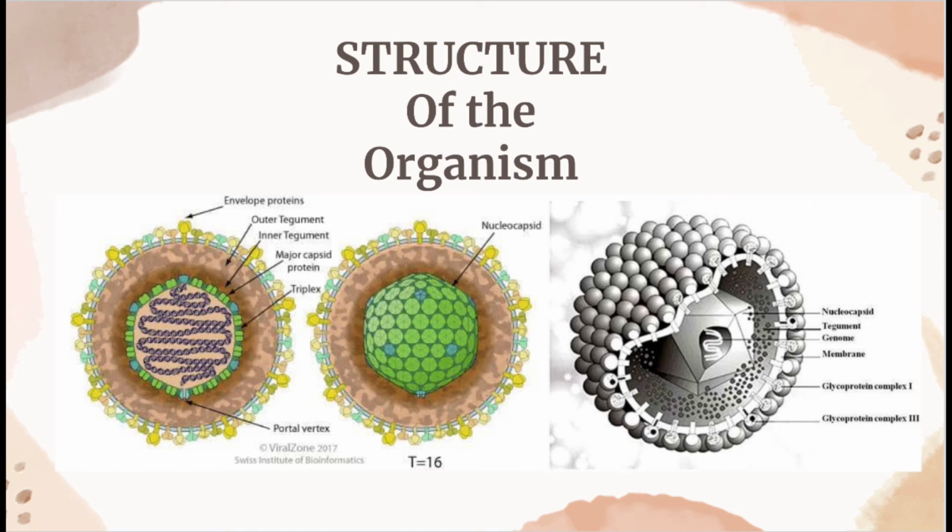HCMV has a characteristic three-layer architecture: an outer lipid bilayer envelope, an inner pseudo-icosahedral nucleocapsid, and a middle pleomorphic tegument compartment. The virion is usually spherical in composition, and the average size can range from 200 to 300 nanometers. In HCMV, as well as other herpesviruses, the nucleocapsid is formed by the complex interaction of virus capsid proteins. There are four major components of HCMV capsids: the major capsid protein, the triplex dimer, the triplex monomer, and the